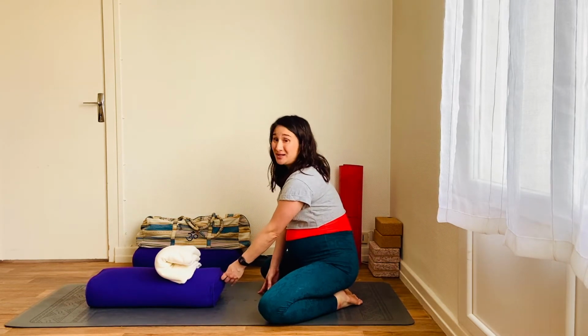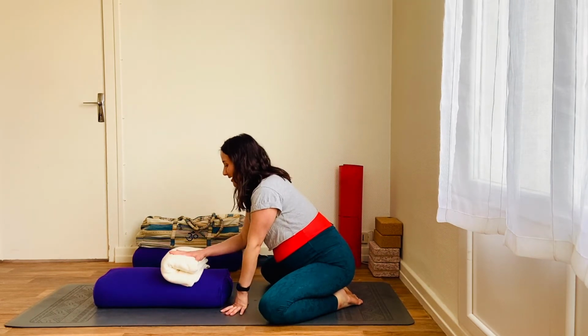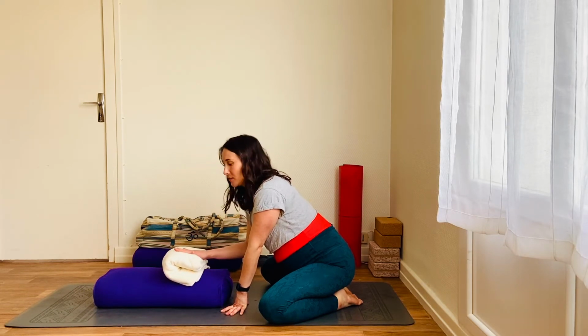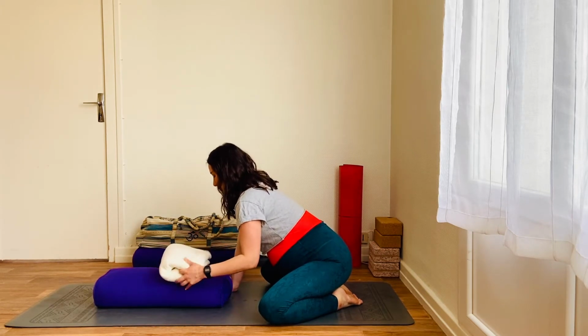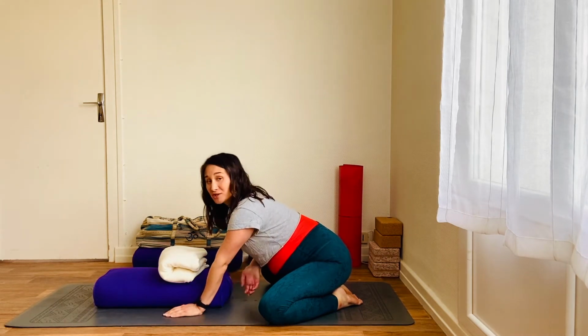You may need more than just one bolster. Just really play around with the height and find what's comfortable for you. The reason I've got the blanket is because you're going to place the forehead on the blanket or pillow, whatever works. It's so that your nose isn't squished up against the bolster. So again, just find what works for you, and we're going to come onto the elbows, onto the forearms,